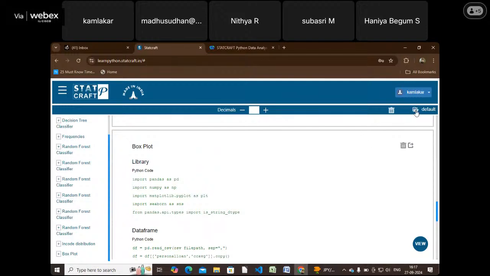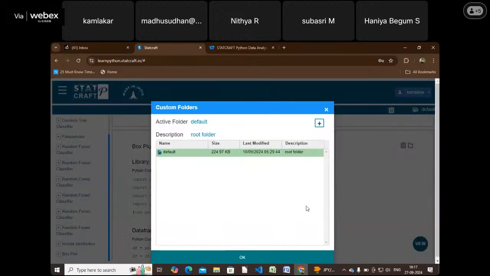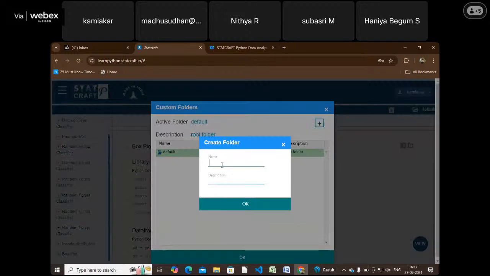And you can see here we have one file icon. So let's click on this file icon. So you can see here we have one folder name. Basically when we do analysis we get various outputs, various kinds of analysis we do. But let's say you want your output in a particular folder, right? So what you can do is you can create a custom folder, and once you click on this custom folder option, you will get this default folder. Let's say I want to create new folder. I can click here, and